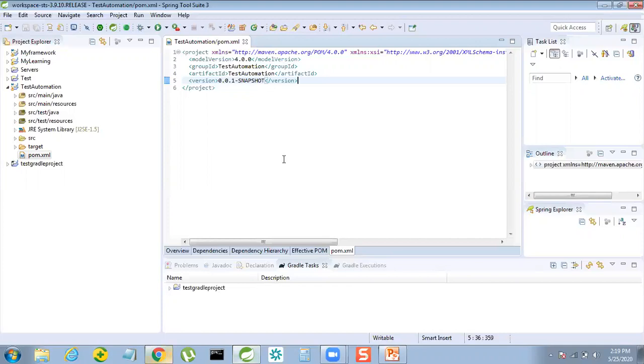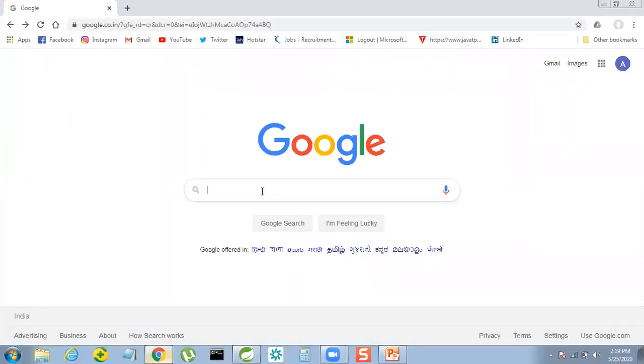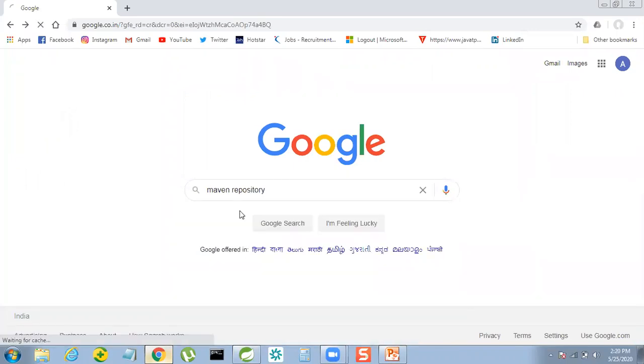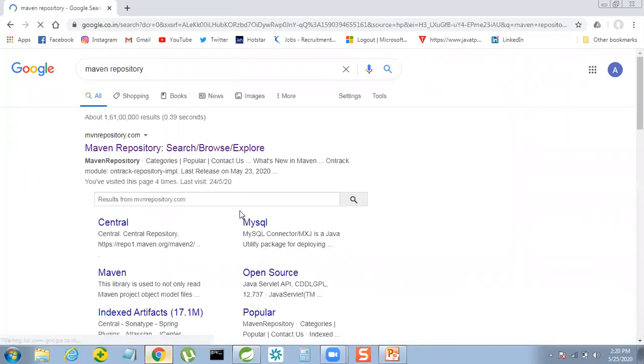Okay. For adding the dependency, just go to Google and type Maven repository. Then you need to click on the first link, Maven repository search browse explore.